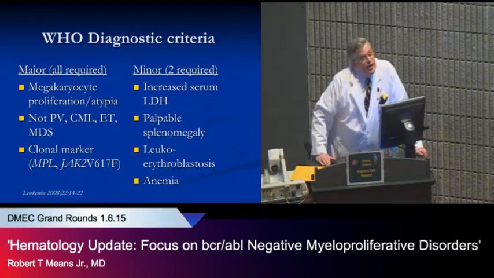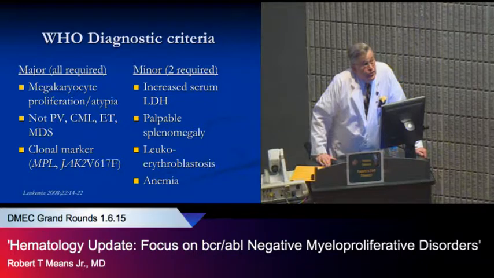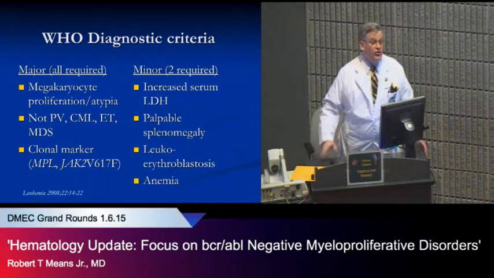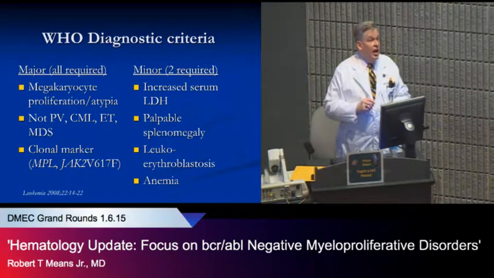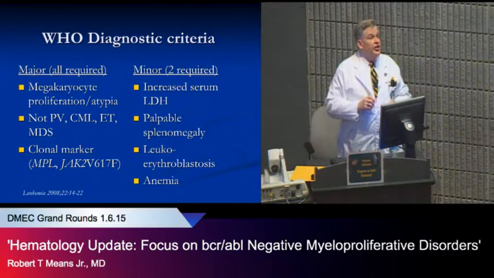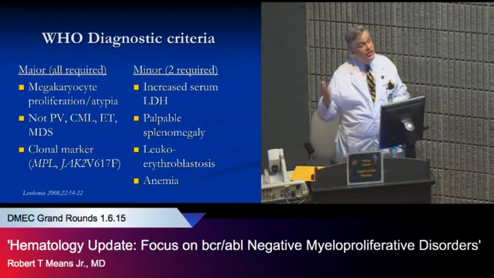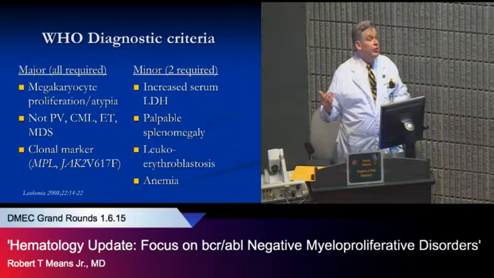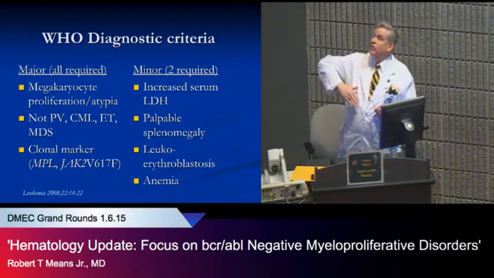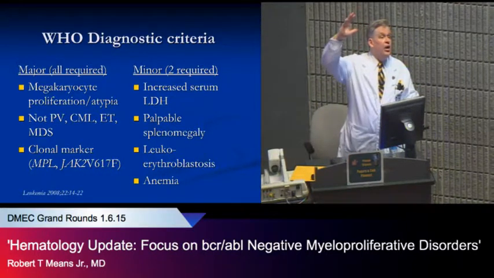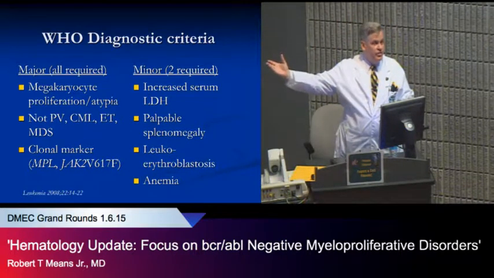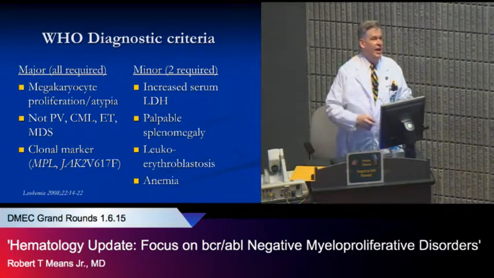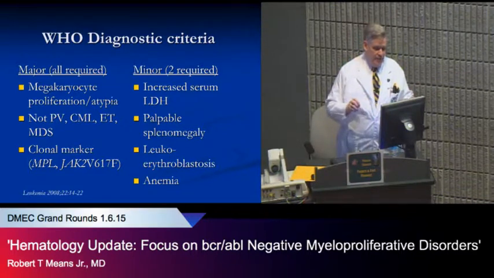This is a disorder essentially arising from abnormal megakaryocytes that produce basically fibroblast growth factor that causes fibrosis of the bone marrow, which gradually replaces normal bone marrow elements. They get marked splenomegaly. They get signs of extramedullary hematopoiesis. They go through a phase at the beginning where their counts are up, and then they go into a phase where their counts go down. They have a fairly high frequency of evolving to a leukemia type picture.